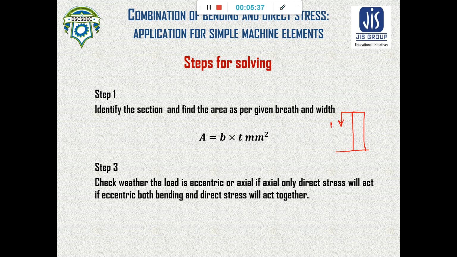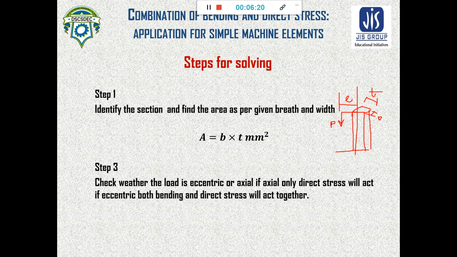The load is acting here, this is your load, on this column. This is your cross sectional area, B and T, and the axis is somewhere in between. So this value is nothing but the eccentricity. So here in the drill frame, the eccentric load can be seen, and this is your B, and this is T. So first we have to identify the cross section.